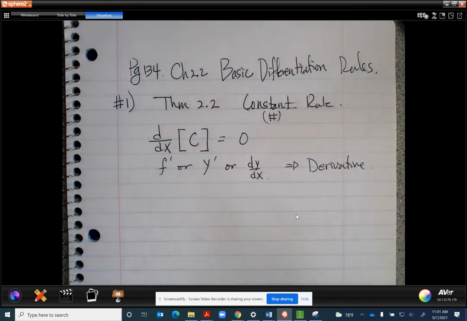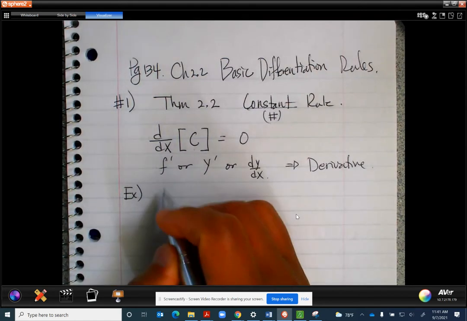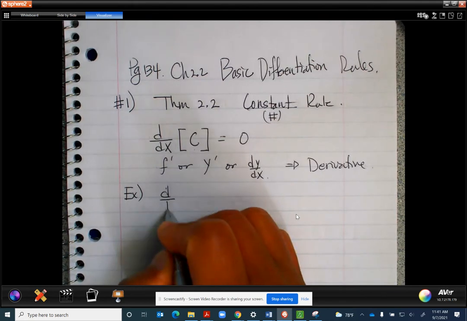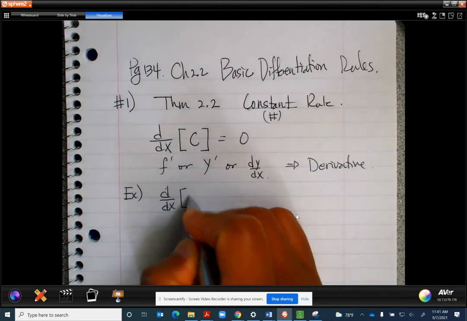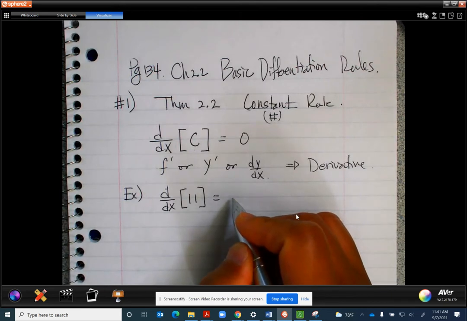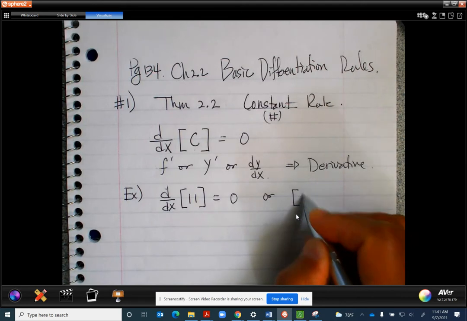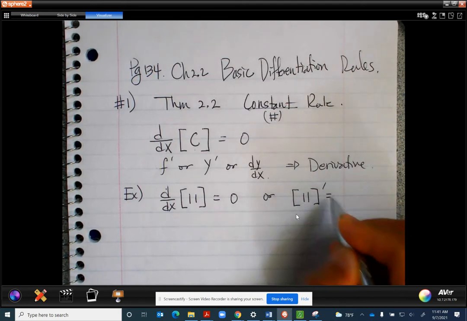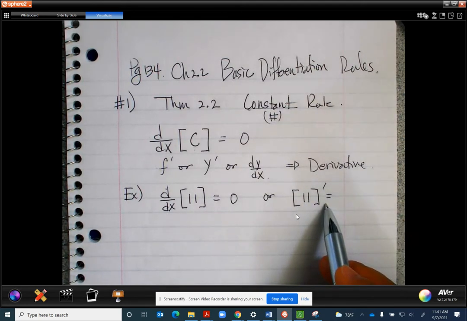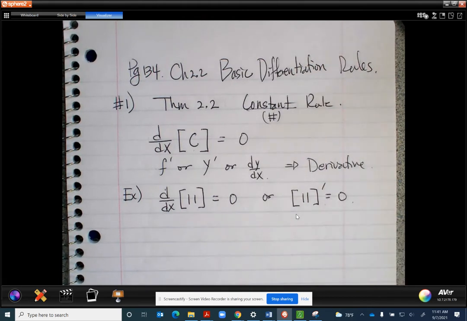So let me show you an example of this. So it's very simple. Let's say derivative of 11 is just 0. Or if 11 prime, right? 11 prime means derivative is also same thing, 0. Do you think you can memorize that? That's pretty easy. All right, I think so. All right, number 2